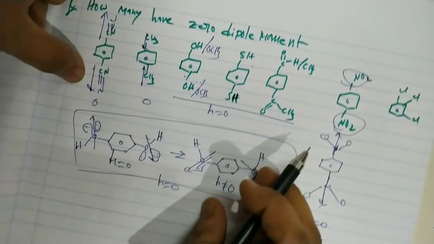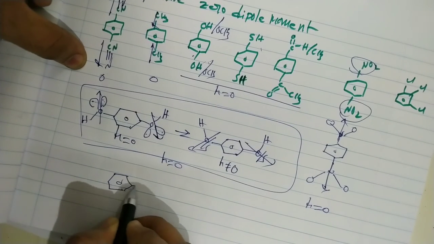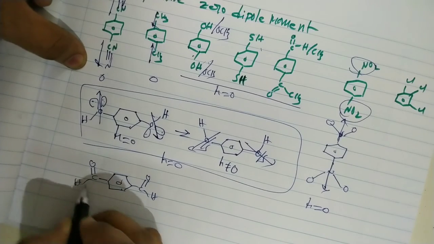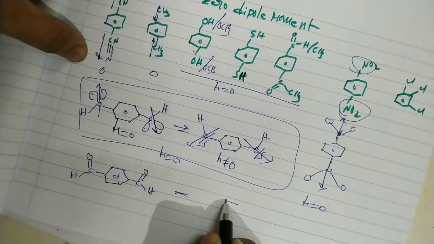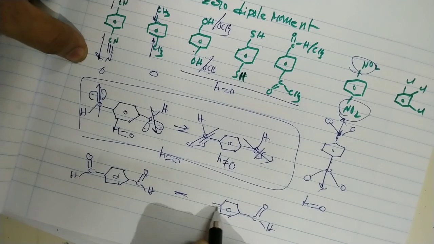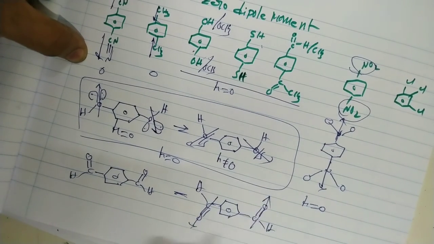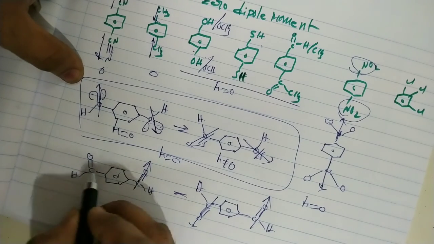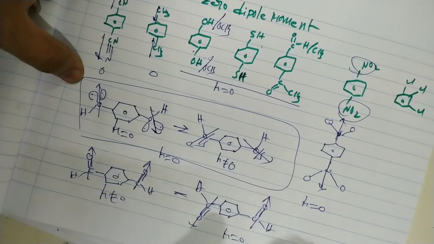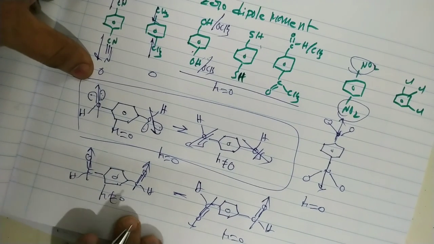Now this one is also the same, the dicarbaldehyde. So benzene here, C double bond O, C double bond O. This is one conformation of the molecule. And next we can write another conformation for this one. Of course for this conformation the dipole moment equals 0, but for this conformation the dipole moment is not equal to 0. But this molecule exists in both conformations, so that results in some specific dipole moment for this molecule.